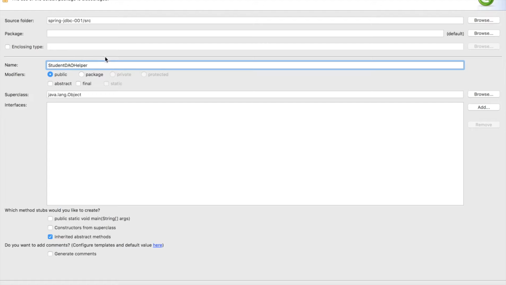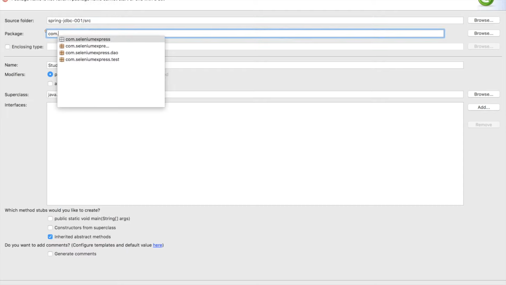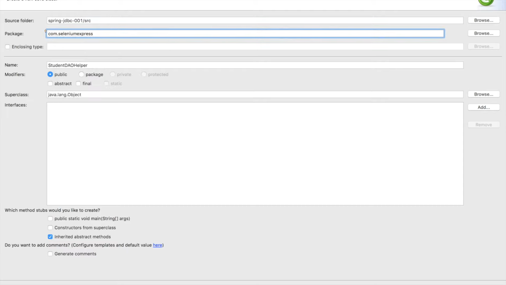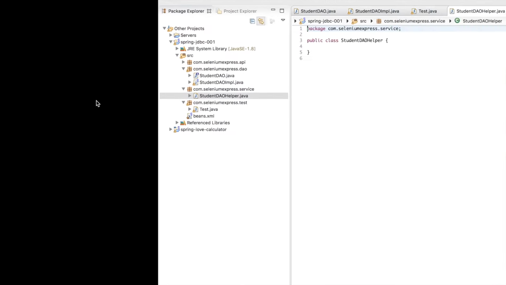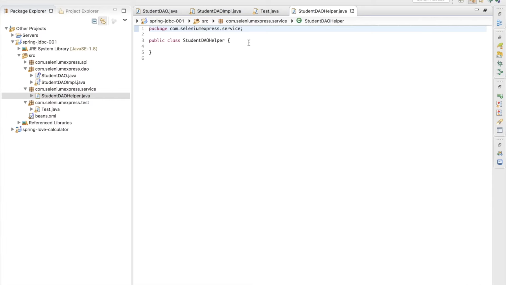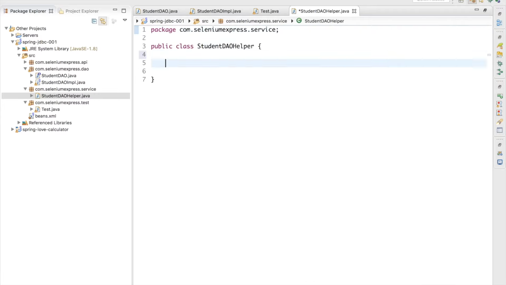Okay. I'm going to put this helper class inside a package called com.seleniumexpress.service, because this is just going to give me some service. This is going to set up my test data, and I'm going to hit finish here. Okay, so once that particular class is ready, what I'm going to do is create a method